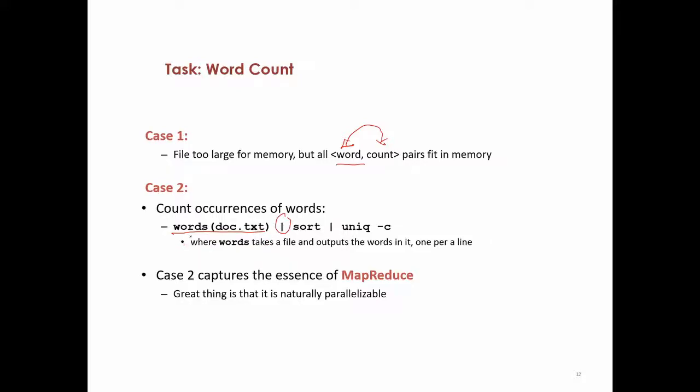This program extracts the words from the document and spits them out to standard output.